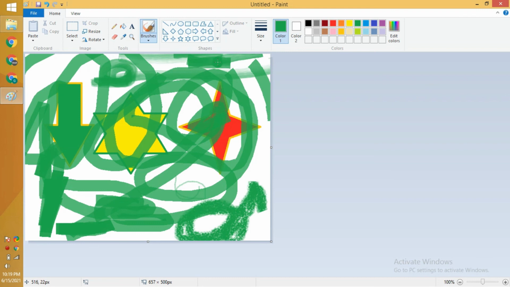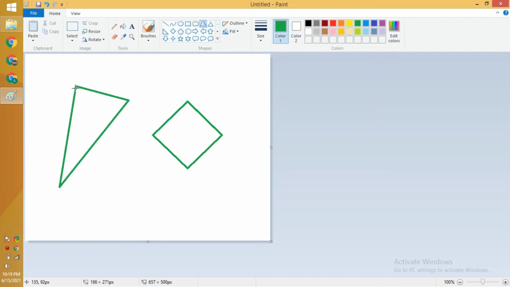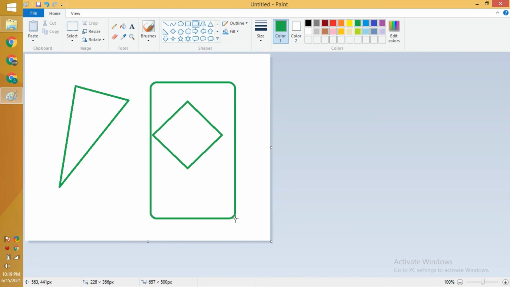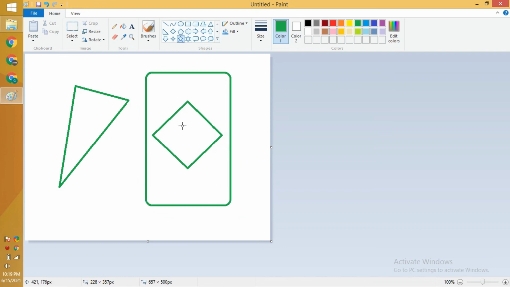So friends, you can see it was a very basic introduction to brushes, and how we can change the size of brushes, how we can use shapes as well, and we also learned how we can use these beautiful shapes for drawing pictures, for drawing stars and much more. And I wish you will get some idea how you can use these tools.